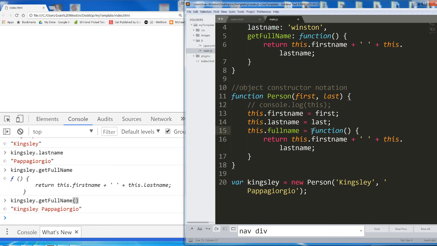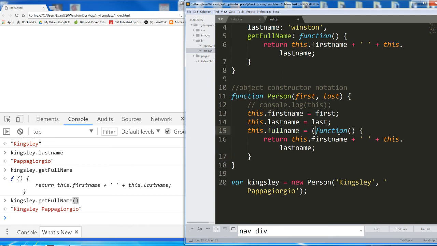You didn't want to have to invoke it every time you wanted to access this data. Well, what we could do is take this function and immediately invoke it. So as soon as this.firstName and this.lastName have value, as soon as a person is created, the function is immediately invoked. It returns what it needs to return, and that value gets stored in the fullName property. To invoke a function immediately,